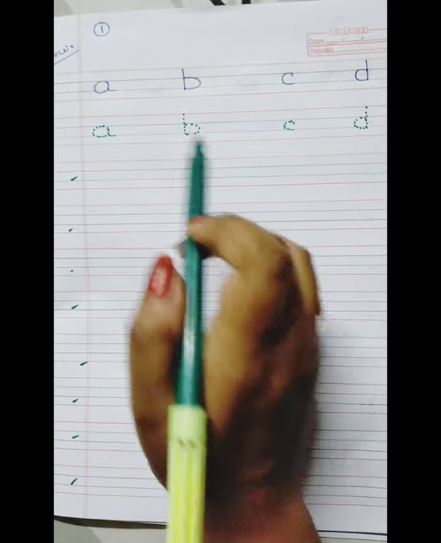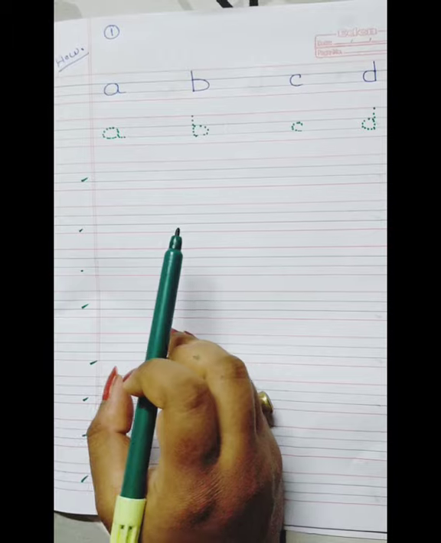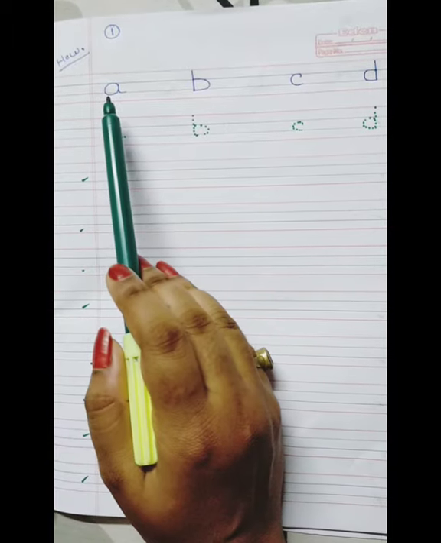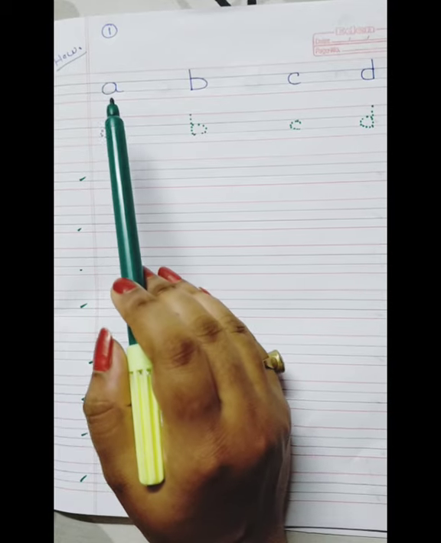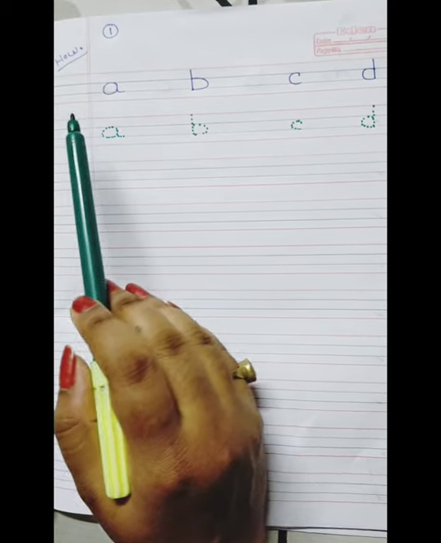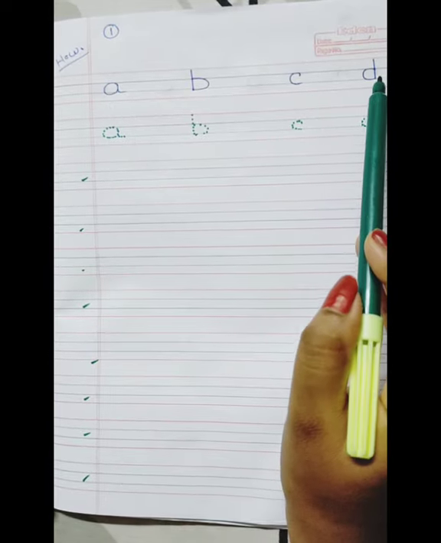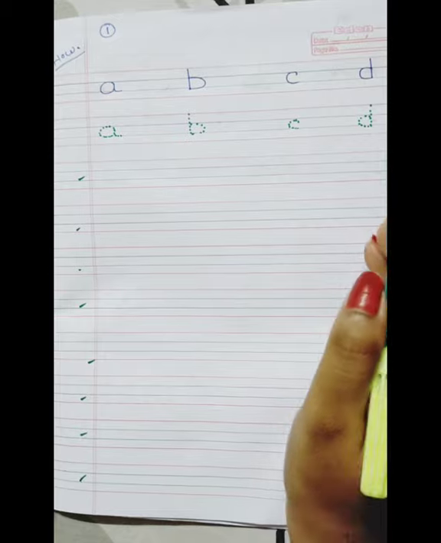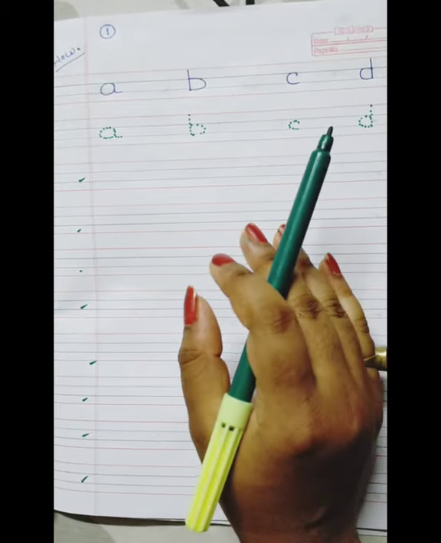So understood, children? Today till D I will teach you because this is new to you and it is in small letters, not capital letters. It is quite tough for you, but if you practice, children, it will not be tough for you. So practice it at home till D. Today till D. In the following class I will teach you the rest of the alphabets slowly.